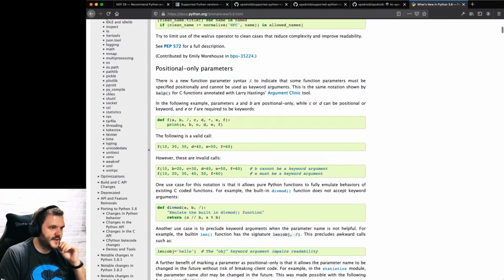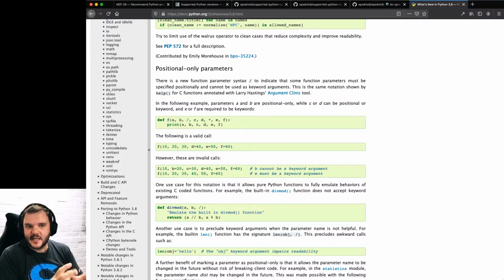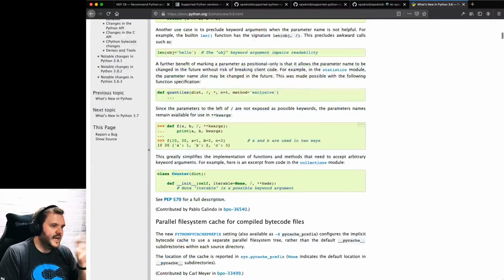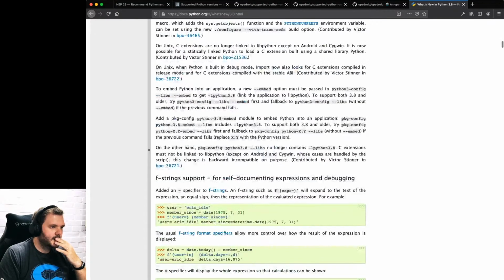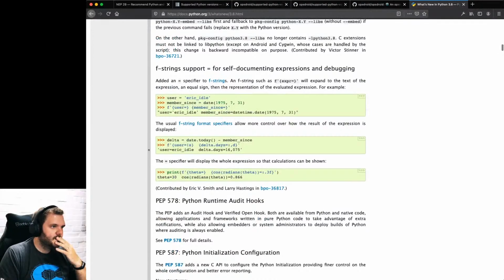I think you can also limit whether a function even takes args, or only takes kwargs, and that kind of thing, in a more intuitive way. F-string support for self-documenting expressions and debugging.